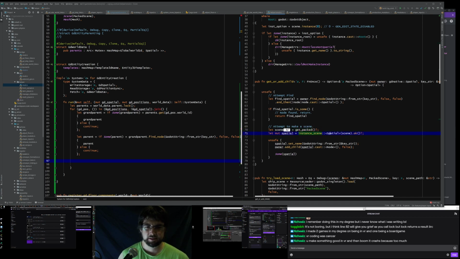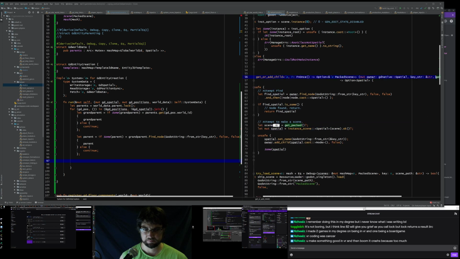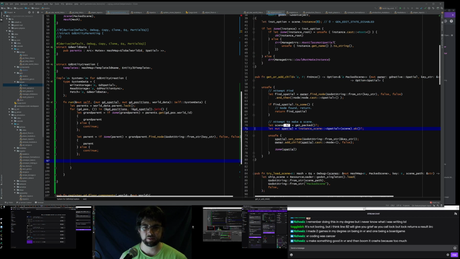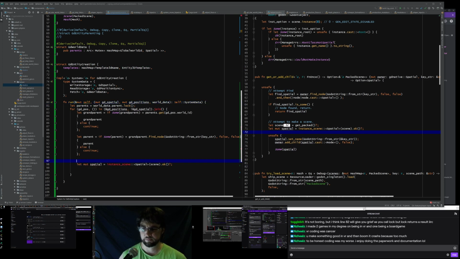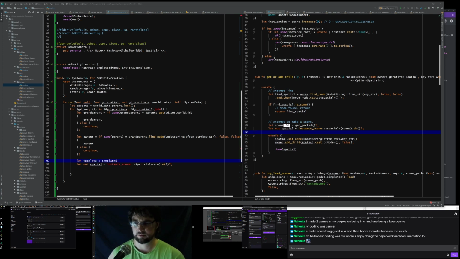Get packed instance. I'm just trying to remember how to... what does get packed do? Oh, that's right, that was the routine that we set up ourselves. It makes some sense. Spatial. Okay, so what we need here is a line that's going to get the template. I think we put this inside GD entity creation. Yeah, so that's actually one of our members here. So we've got self, so we can call self. So to make the scene, let template equal